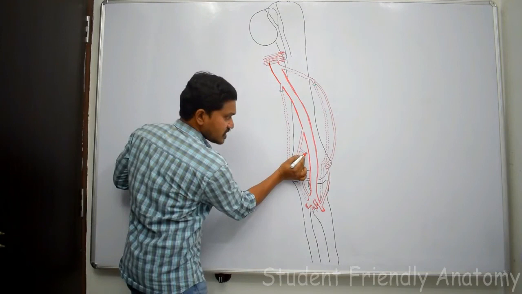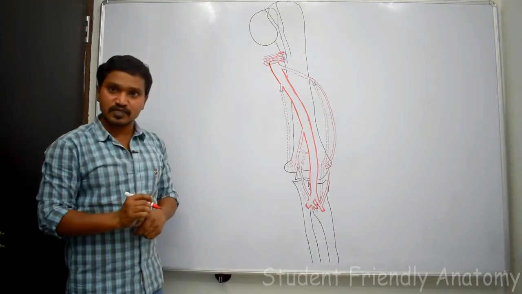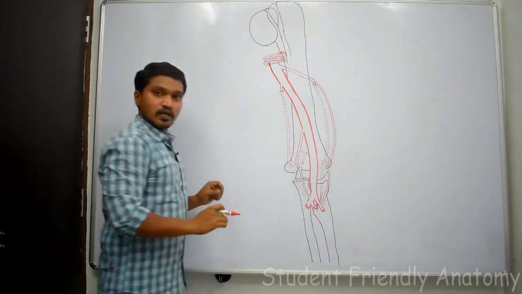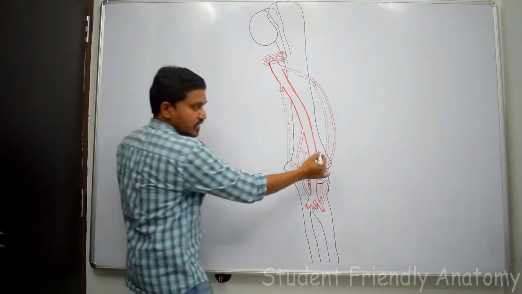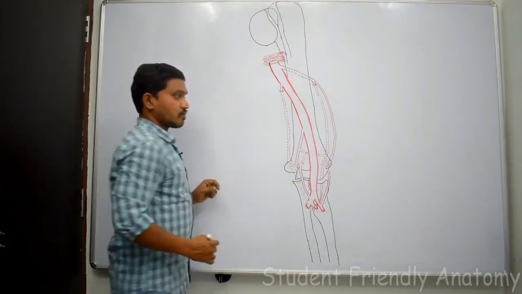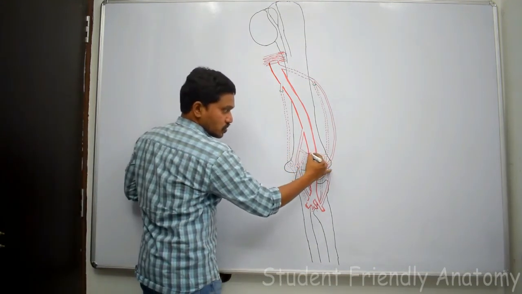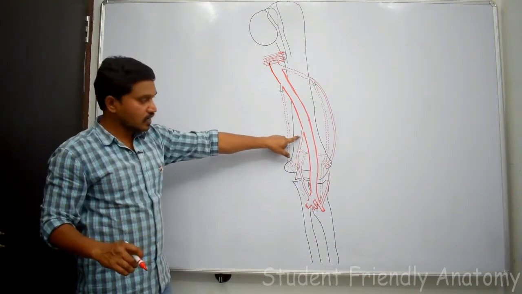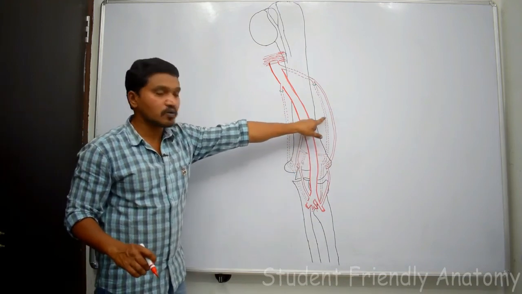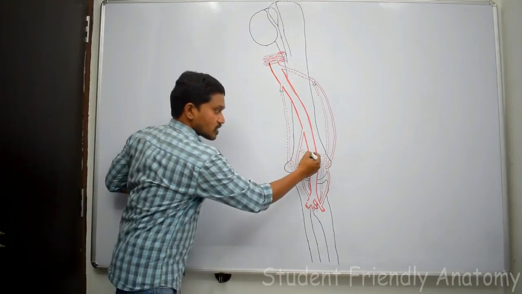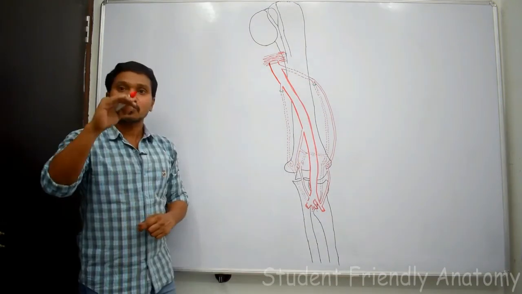And this is the transverse branch, no? This transverse branch and the branch from the, what is this? Middle collateral or posterior descending branch of profunda brachii. See here, posterior descending branch of profunda brachii. These two: this is the transverse branch of the posterior division of inferior ulnar collateral and this is the transverse branch of the posterior descending branch of profunda brachii artery. These two arteries will be anastomosing above the olecranon process.